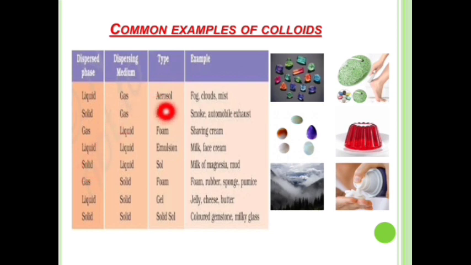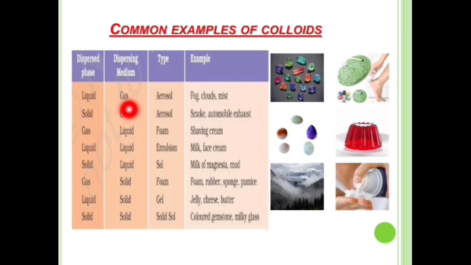First type is aerosol. In this, the dispersed phase is liquid and the dispersion medium is gas. So it is liquid in gas type that forms aerosols. Examples of this are fog, clouds, mist. Fog consists of water droplets. Fog, clouds, mist all contain water droplets in air. So water droplets are the dispersed phase, in liquid state,